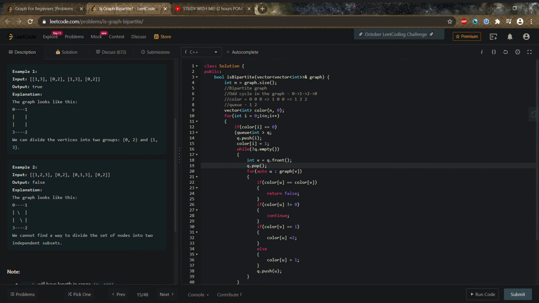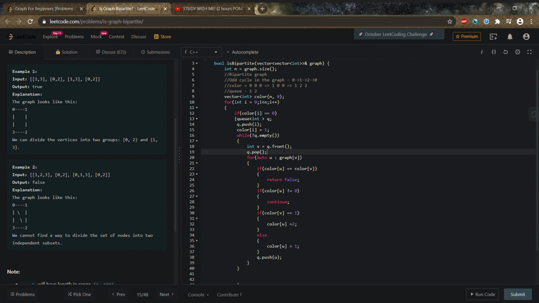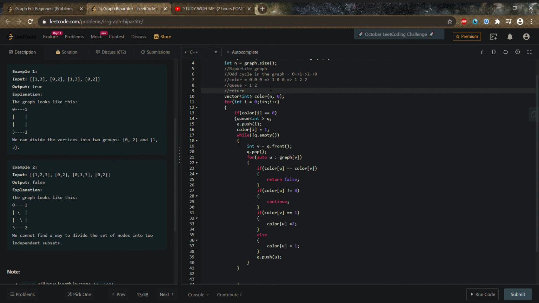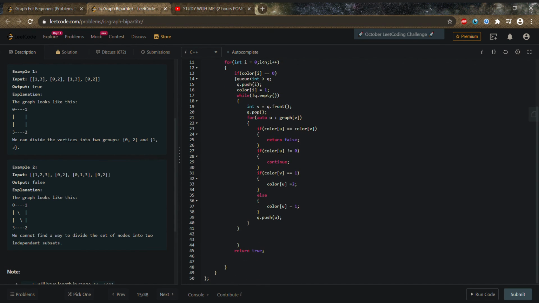Now we'll see through all the neighbors. The neighbors of 1 are 0 and 2. It's not a directed graph, so they are 0 and 2. Now we'll see: color of 0 and color of 1, are they equal? No, they are not equal. But when we come to 2, we see that the color of both 2 and 1 are equal. So it will return false. I think it is working fine. Let's just run the code and check.